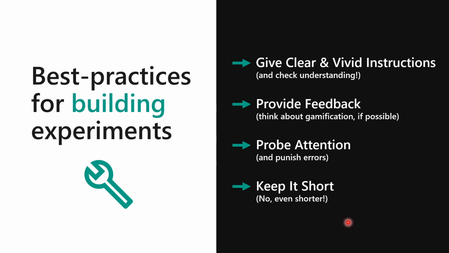One thing that you also need to keep in mind compared to classical lab experiments, which are often many hundreds of trials or thousands sometimes, you need to keep the experiment short. I'm not aware of scientific investigations into this, but my personal anecdotal experience has told me that after 10 to maximally 15 minutes, data quality drops significantly. So what you should do is keep your experiments as short as possible. So like 10 minutes tops would be great. 10, 12 minutes is like at the maximum range for an online experiment.